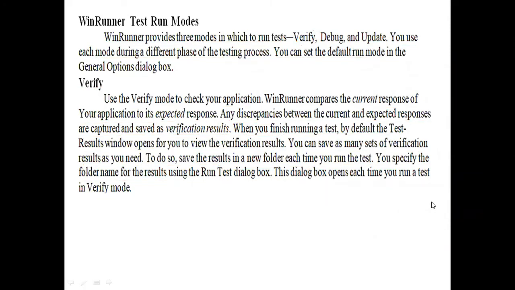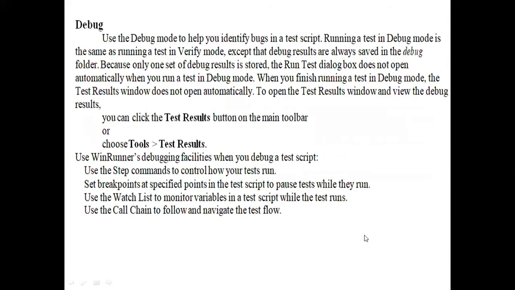Next, the next mode, debug mode. Use the debug mode to help you identify bugs in a test script.